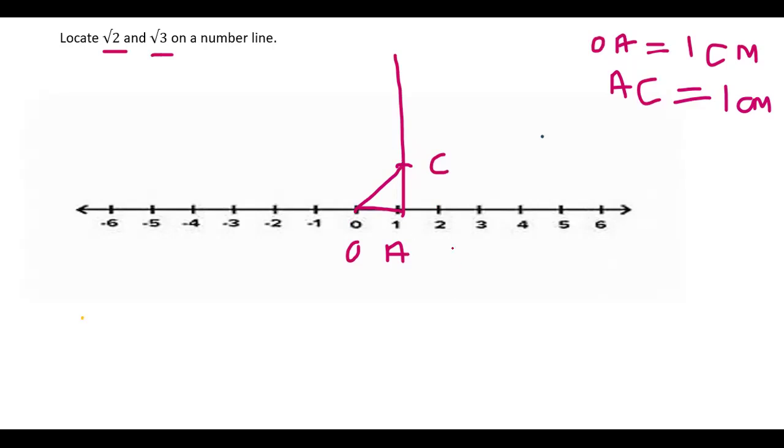So here as we can see, this angle OAC is equal to 90 degrees because we have drawn a perpendicular at point A. So, according to Pythagoras theorem, what will we have? OC square is equal to OA square plus AC square,